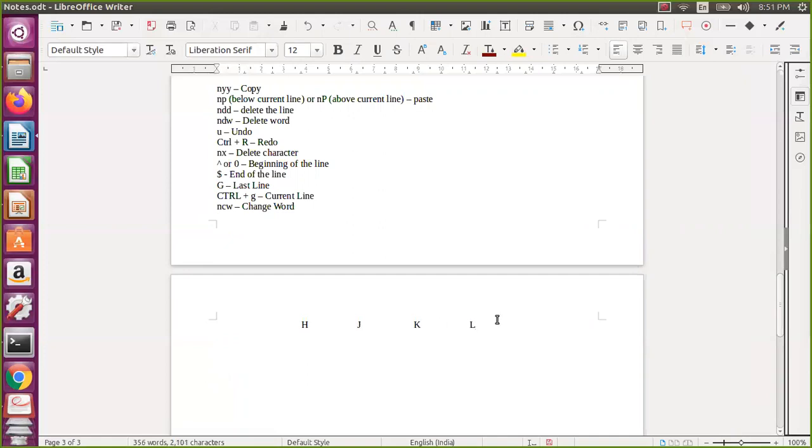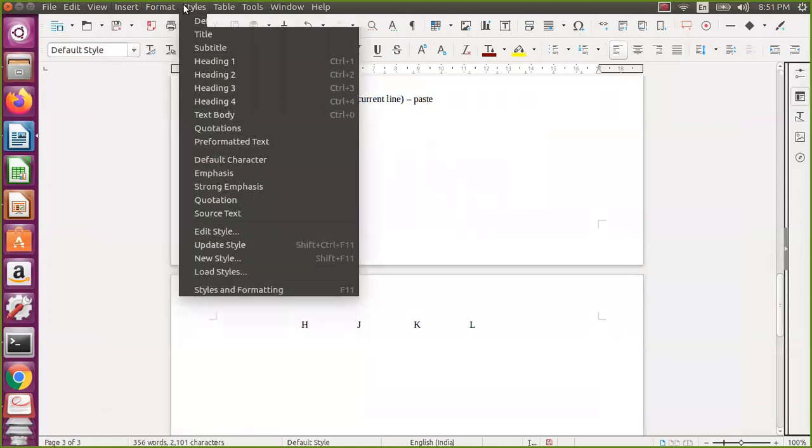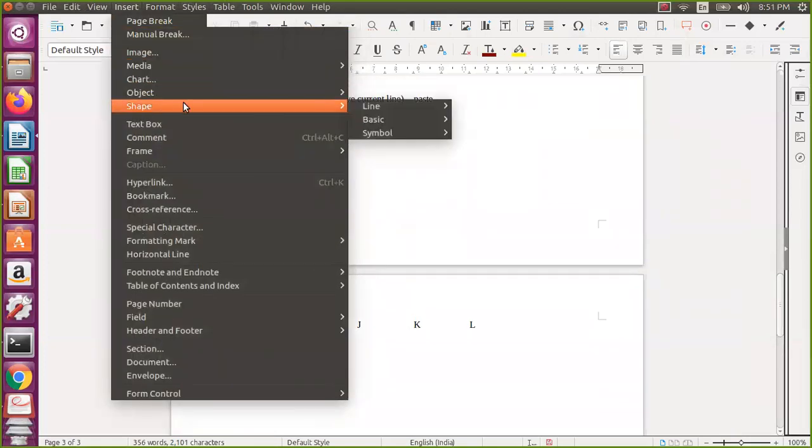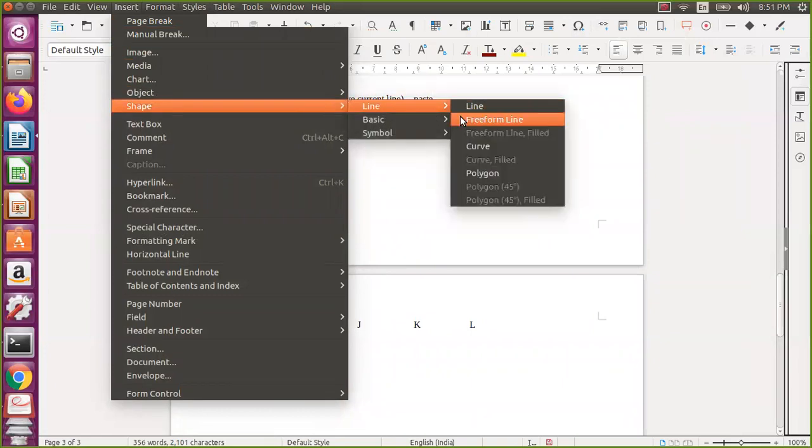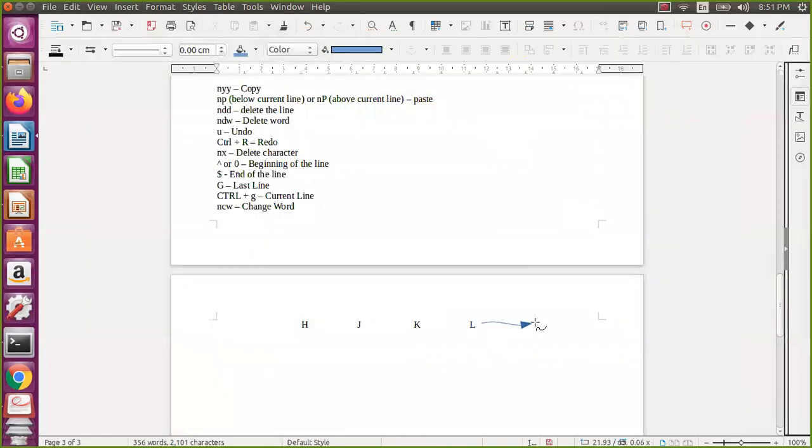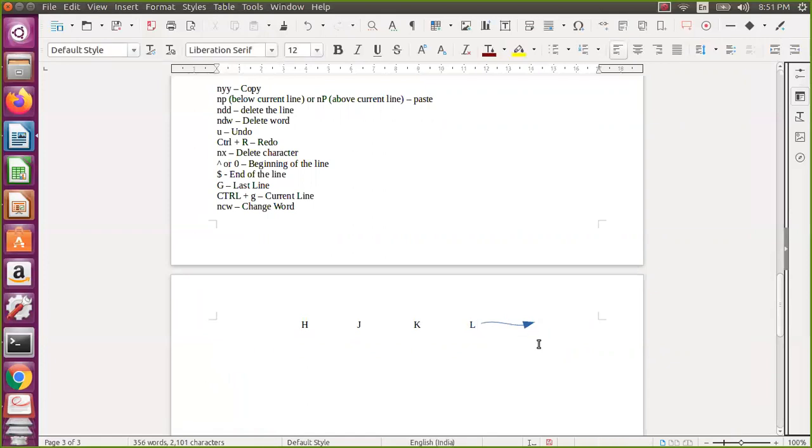Okay, so you can remember something like this. l is like now moves one column right actually. Okay, one column right. So now if you say k, this one.